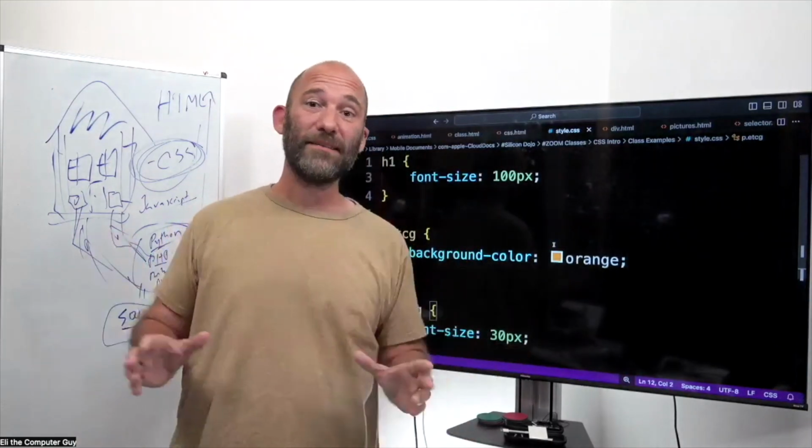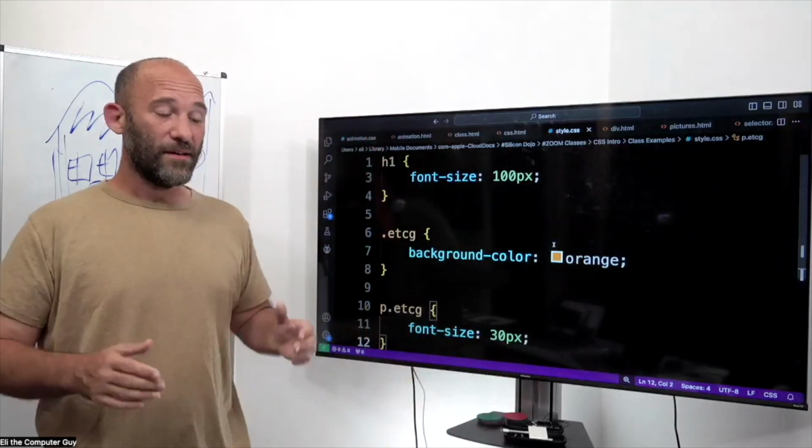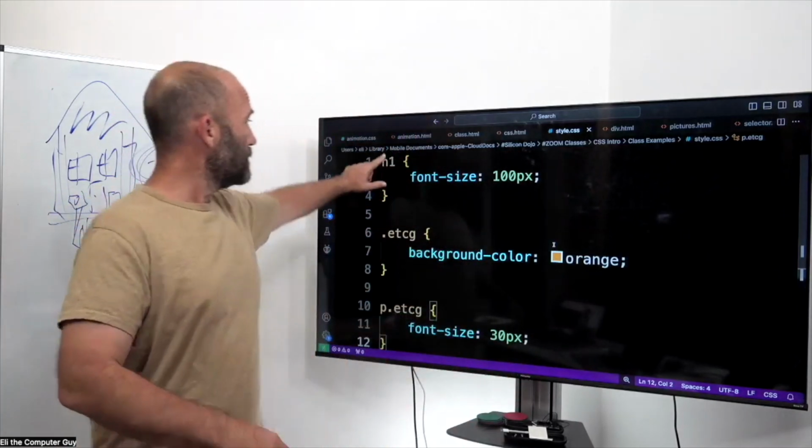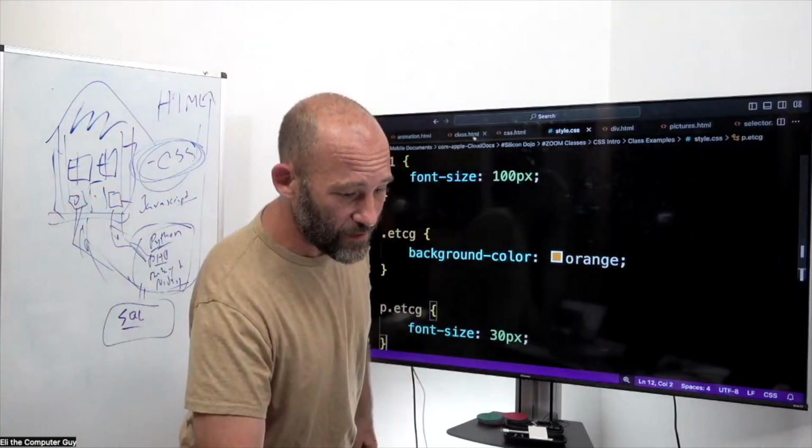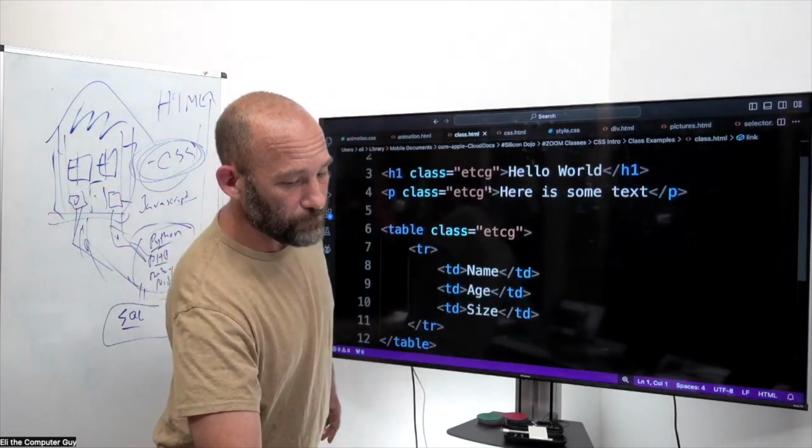So this is the basic idea of classes. So the tag is H1. You do the tag here. If you want to do a class, it's period, whatever the tag name is. Basically, when you're writing this out,